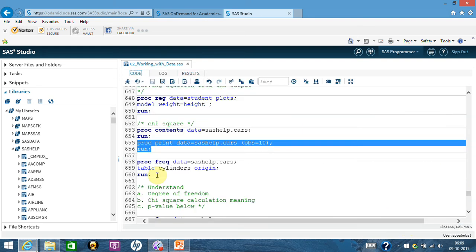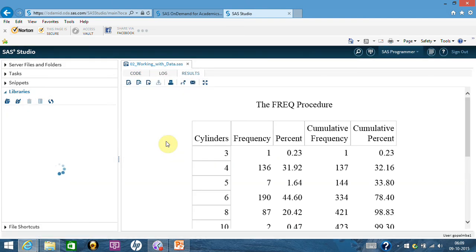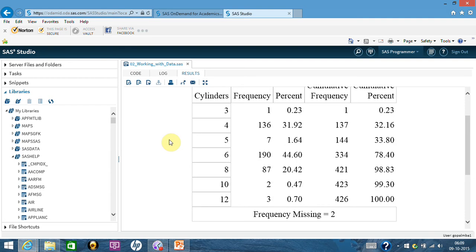Let's go ahead and see how many distinct types of cylinder and origin are there. So if you think of cylinder, most of the models are either 4-cylinder, 6-cylinder or 8-cylinder. There is just one for 3-cylinder, there are few for 5-cylinder, 10 and 12 cylinder are rare, and there are 2 which are missing. So for our purpose, probably we should just focus on 4, 6 and 8, because whatever you are seeing here is more of like error.